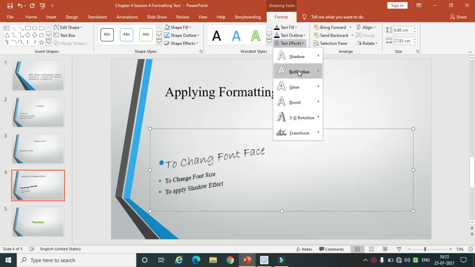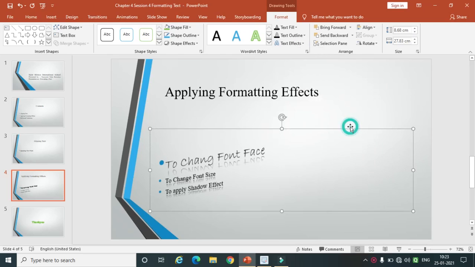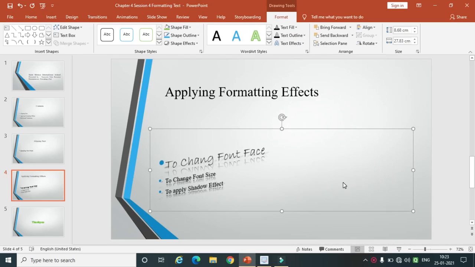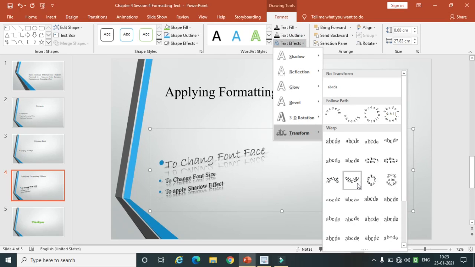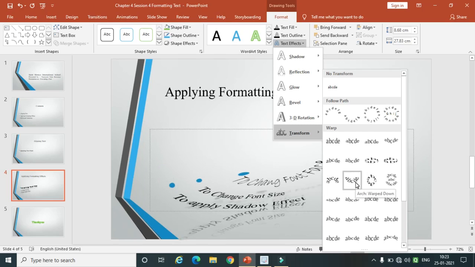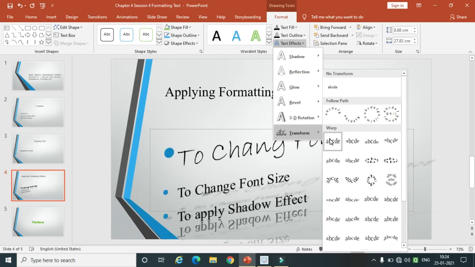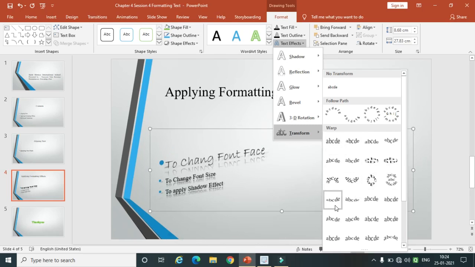After that I want a reflection of it, so here you can see that the reflection has been applied. I want a shadow of my text, so from here I can apply a shadow to my text. Even I can transform my text from one form to another. Here you can see that it is being transformed in various ways.